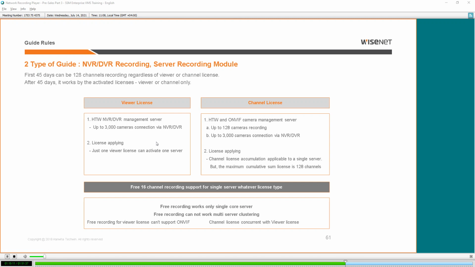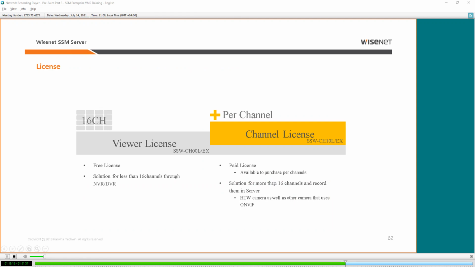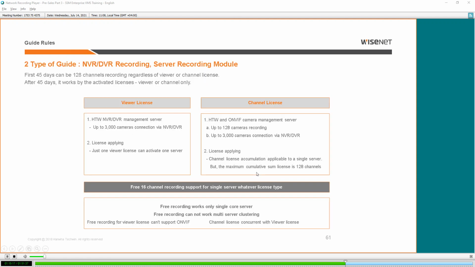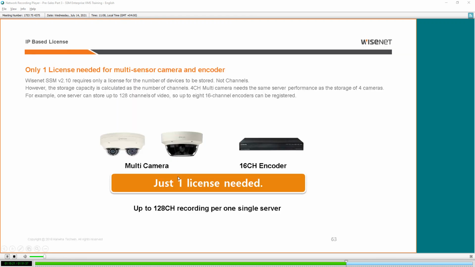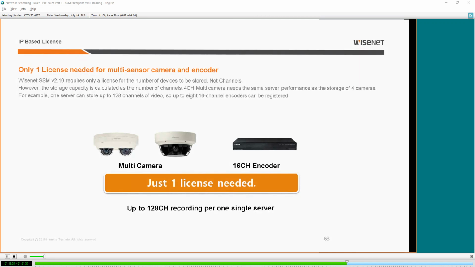Now, when it comes to licenses, even if you use a multi-sensor camera, you need only one license. So here it is. Even if you use a multi-camera, multi-direction camera, you need one license. If you use an encoder, 16 channel analog to IP encoder, you need one license.